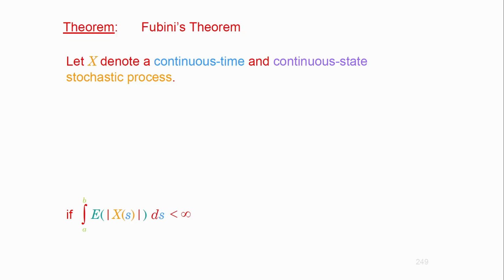Anyways, if this is finite, for which I named sufficient and necessary conditions, then the expectation of the integral, which is the limit of a sum, and that is the mean square limit of a stochastic sum, or a stochastic process anyway, is going to be the integral of the expectation. It might not surprise you because the expectation operator is a linear operator, and integrals are limits of sums, so why would it not be intuitive?